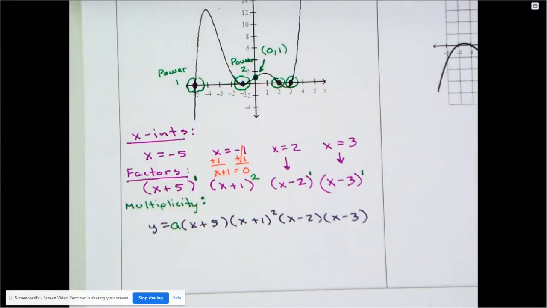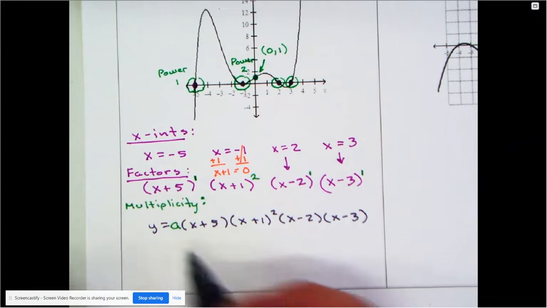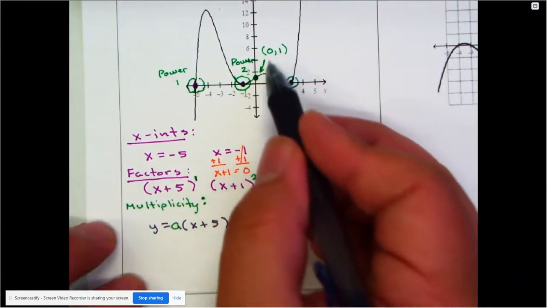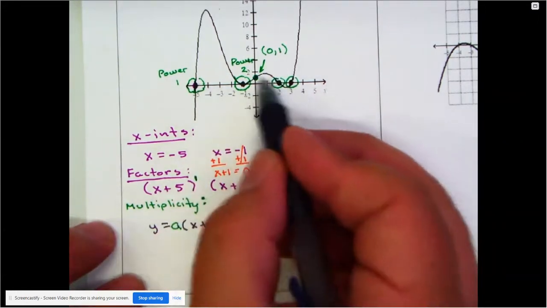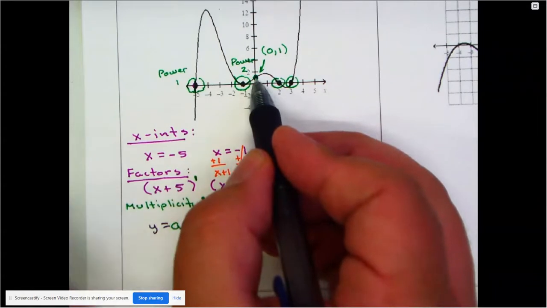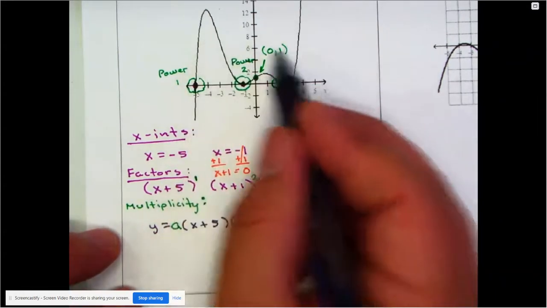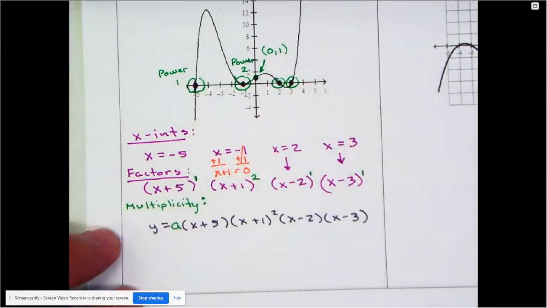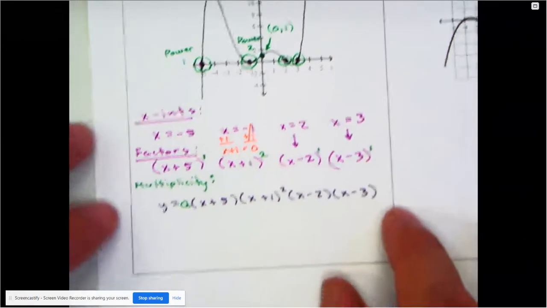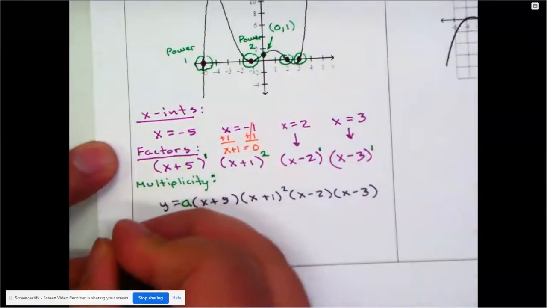But we have to be able to find what this a value is. That's why they gave me one more point. Not an x-intercept, they gave me another random point, in this case a y-intercept. Again, it could be any point anywhere. So why did they give me that extra point? Well, they said, we have the point